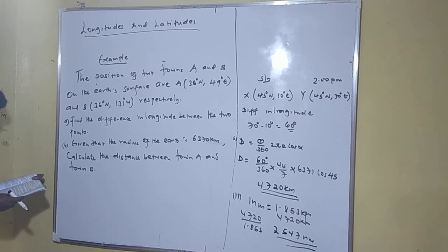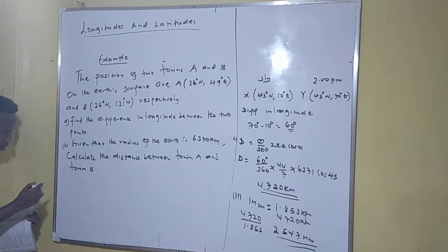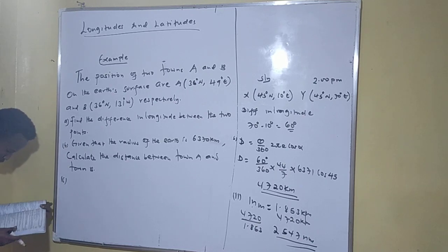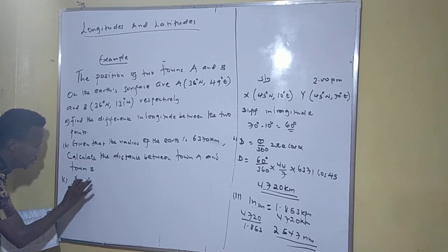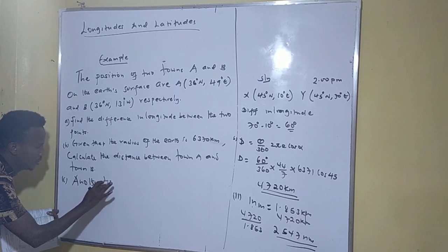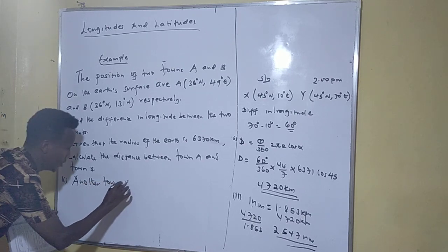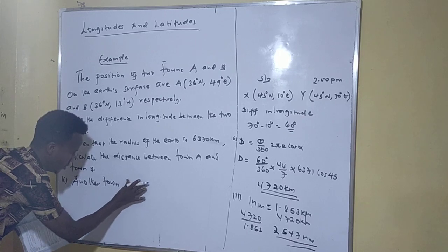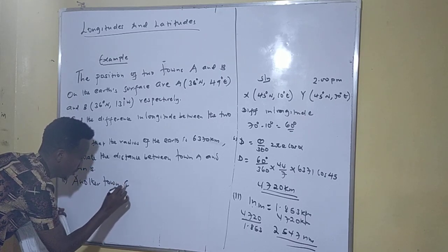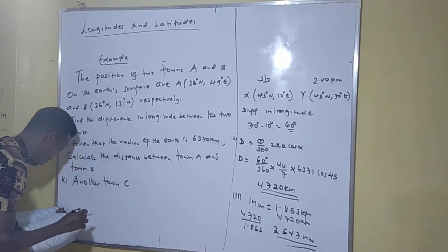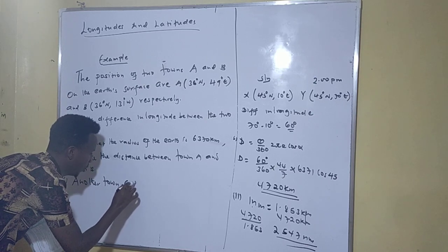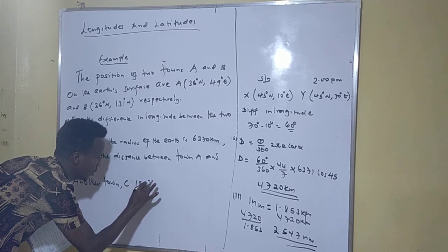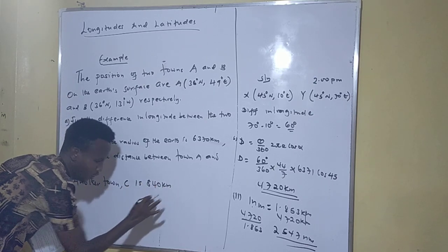You're told, well, that question is carrying 5 marks by the way. So we'll go to question C. Question 2, you're told another town C. Another town C is 840 kilometer